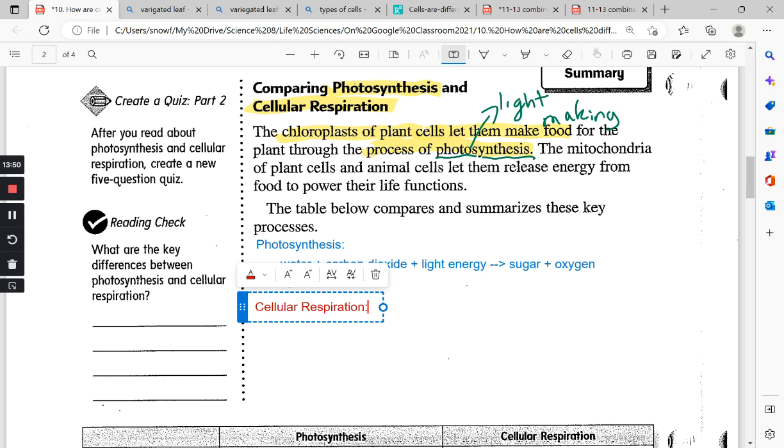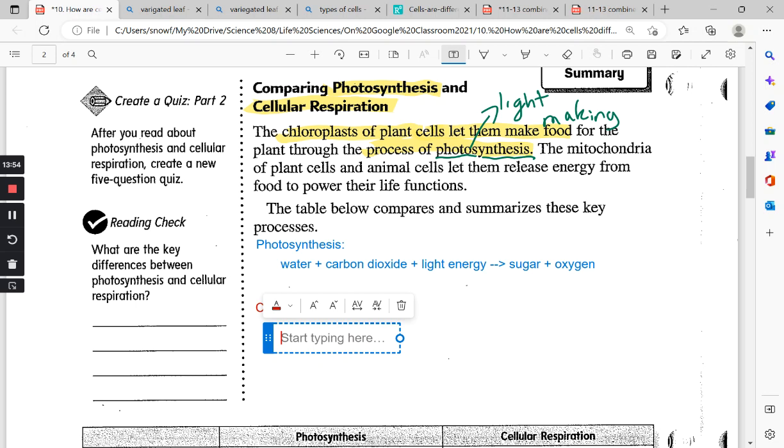Breathing, respiration. Okay, so what are we breathing in? We're breathing in oxygen. And we're eating sugar. We're going to break that stuff down and get energy, but this time it's chemical. We're going to be breathing out carbon dioxide